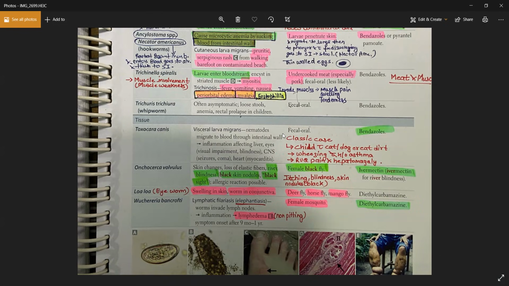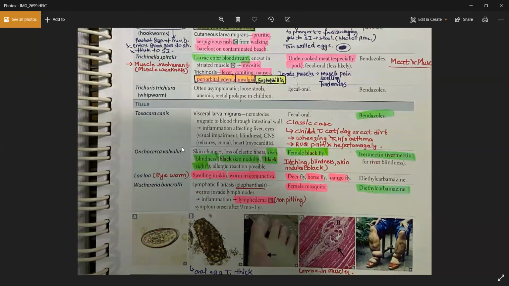So a classical case could be a child who has a history of coming into contact with a cat or a dog, or soil which is infected with cat or dog feces. Then the patient has respiratory symptoms, wheezing without any history of asthma, and then the hepatomegaly, and then the seizures, and then the heart problems. Fever would be there. So Toxocara canis. Then comes the Onchocerca volvulus,